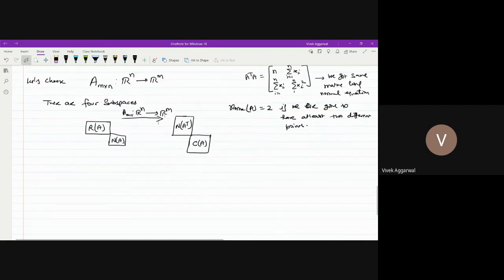And we also know from linear algebra that these are perpendicular to each other. That is a different thing we can prove very easily. But here we already know that these subspaces are orthogonal to each other, because you know that this linear transformation is from Rn to Rm, which means that this is Rn and this is Rm.